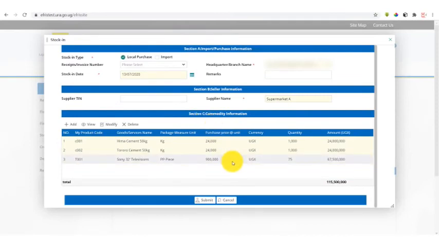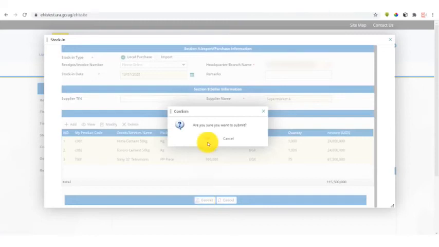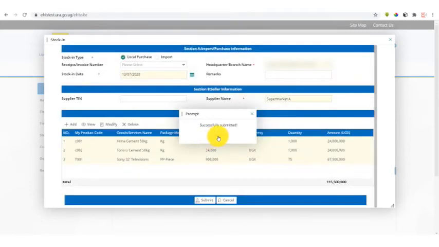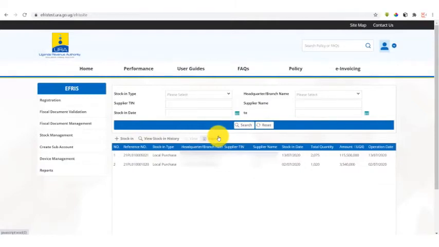So on confirmation of the details here are okay, are in line with the invoice provided from supermarket A, we go ahead and submit. System prompts you, are you sure? You select confirm. On confirmation, the items we have bought are then stocked in. So these are details of the particular items we have bought from this particular supplier. In the scenario you have bought from two suppliers at one time, then you need to stock in the goods from the different suppliers one at a time.